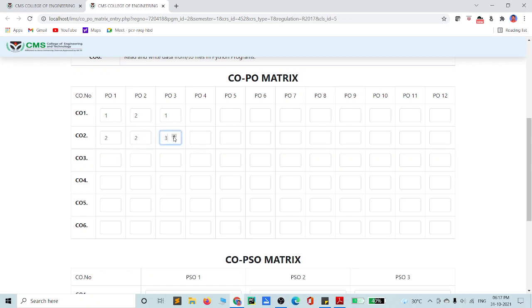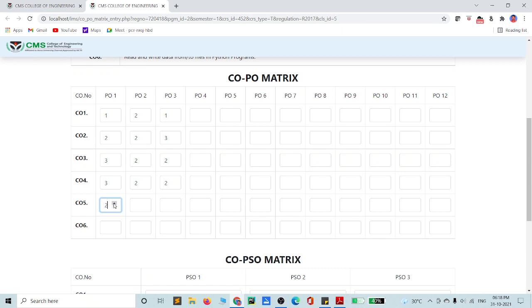Every faculty member who has taken the corresponding subject can assign this kind of weightage value. I can give 2, and this is 1, 3 or 2.